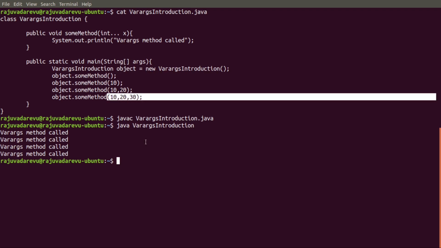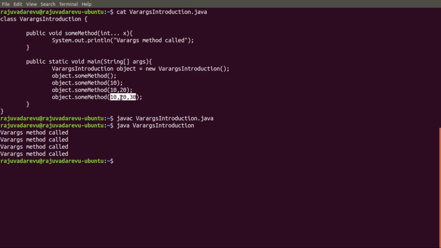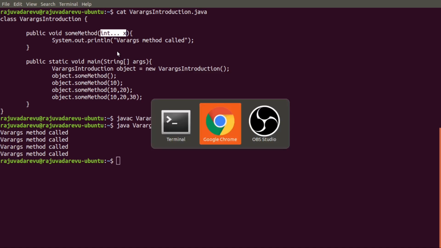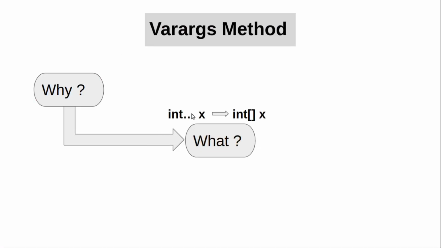Now if you want to access each and every element or each and every argument which you are passing to this method inside this method, that is also possible. But before that, I want to tell you one important point regarding this Varargs parameter. This Varargs parameter is internally converted into a one-dimensional array. What I mean by this is, this Varargs parameter is internally converted into one-dimensional array by the JVM. So what we have is a one-dimensional array. So can you not access each and every argument with the help of indices?